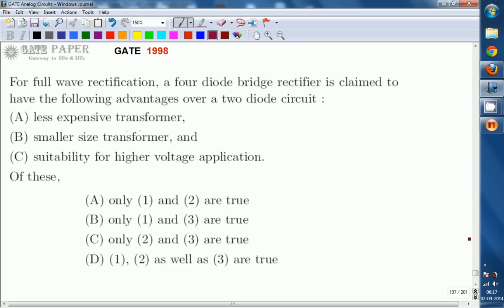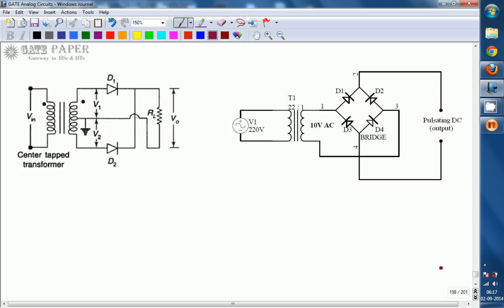This is a diagram for the 2-diode full wave rectifier, which is simply called the full wave rectifier with center tap transformer. This is the full wave rectifier with bridge circuit. So the bridge full wave rectifier will be called the 4-diode, and this is the 2-diode full wave rectifier. Both will perform the same function, but the advantage of the bridge rectifier is that it will use a normal